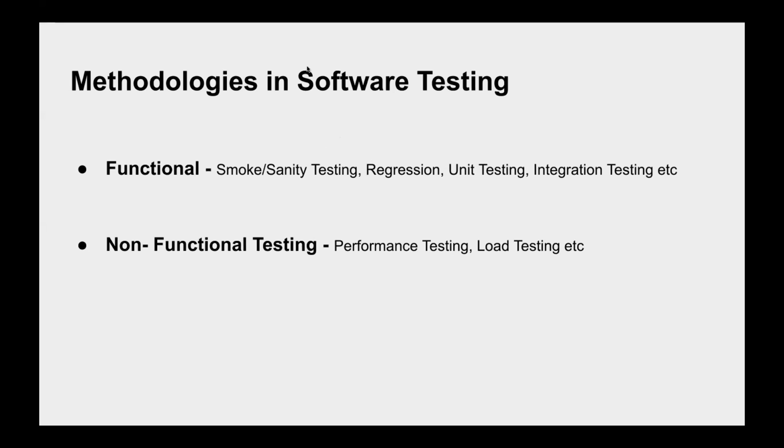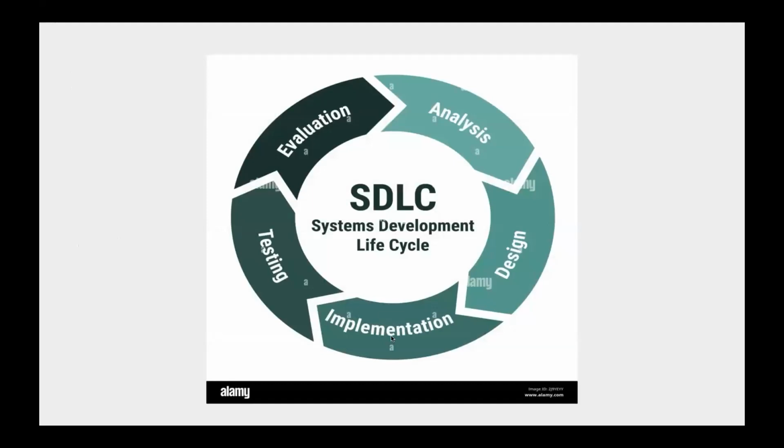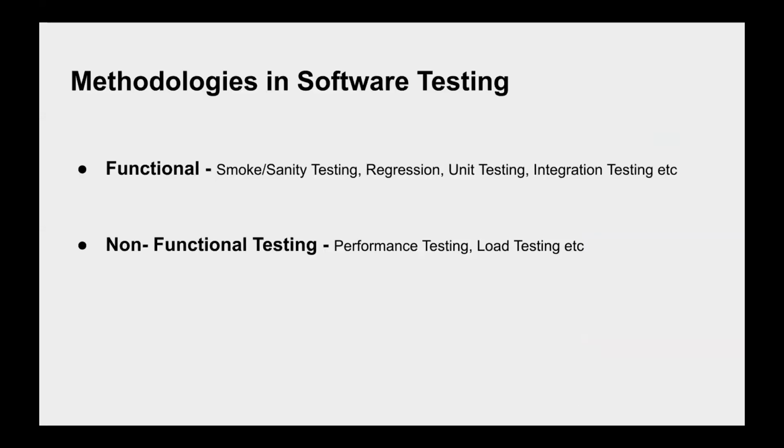Okay, definitely, I will repeat. I will go to the next phase. We saw the implementation phase, right? The implementation phase is nothing but the developers developing the product. Once the product is developed, they give us the build. A build is nothing but the product that was developed, and we are going to test that product. In this testing, smoke testing is when a build is delivered from the development team to the QA team, and we validate only the high-level use cases, that is, the critical use cases